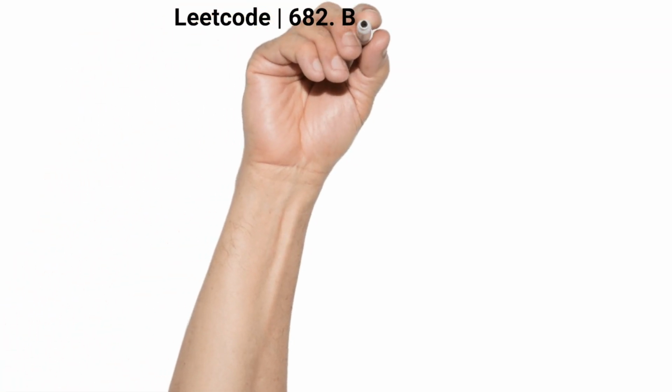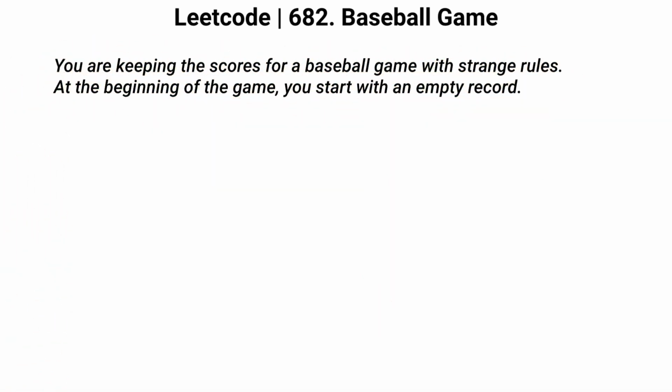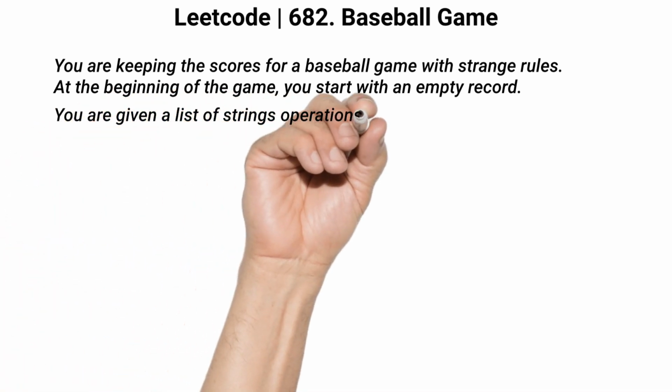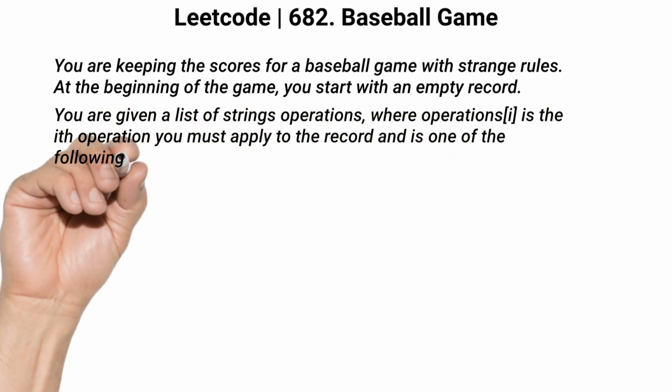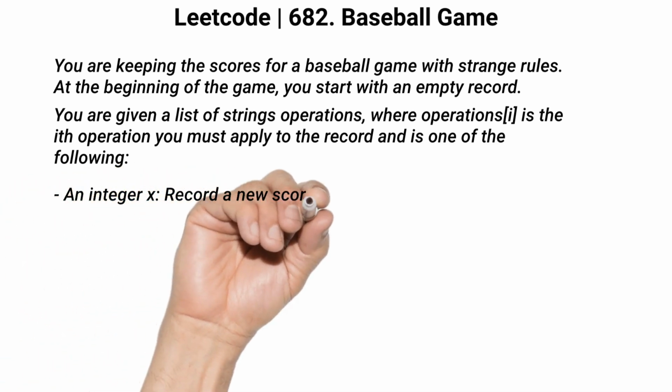LeetCode Problem 682, Baseball Game. You're keeping the score of a baseball game with strange rules. At the beginning of the game you start with an empty record. You are given a list of string operations where operations[i] is the ith operation you must apply to the